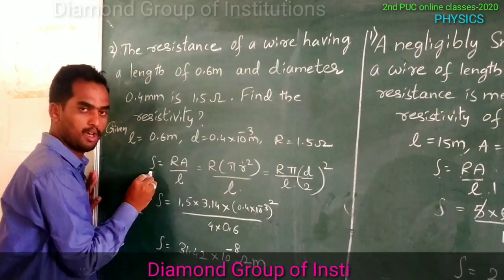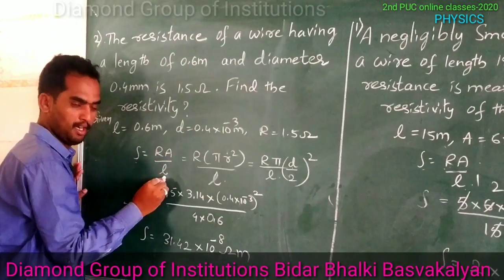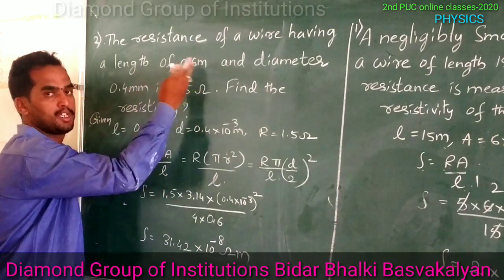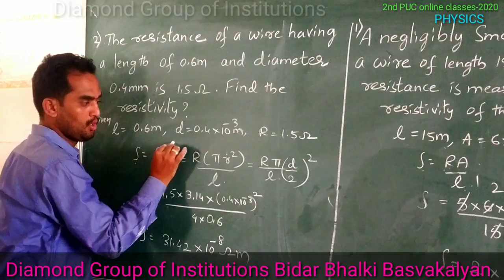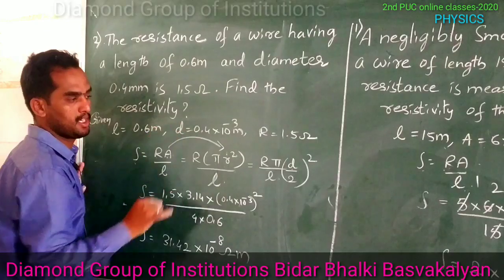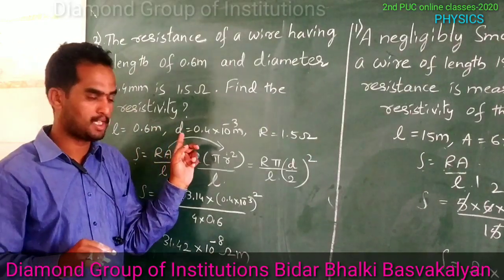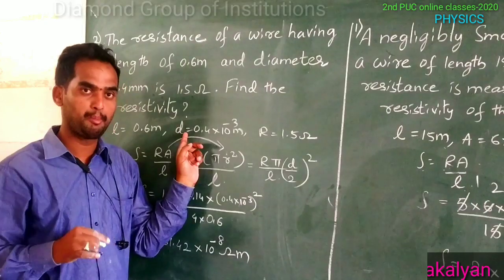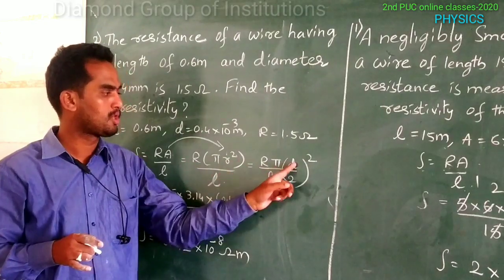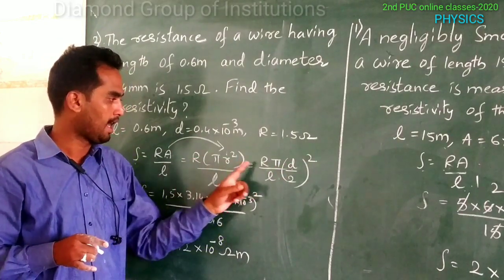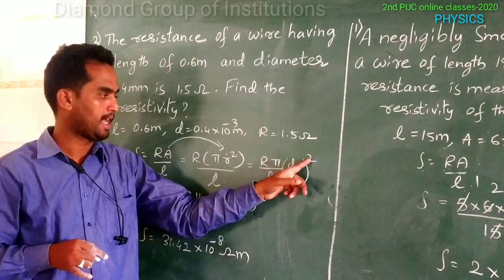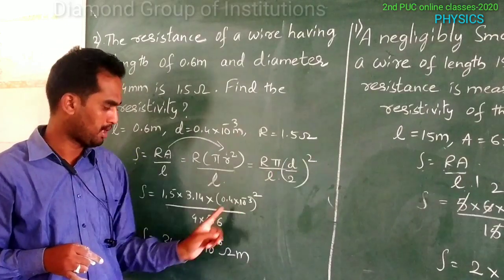So what is the resistivity formula? Rho equal to R into A by L. R and L values are given, but the area value is not mentioned. So the area of the wire we can write as pi r square. And again the radius value is not mentioned here. The value given is diameter. So we should convert the diameter into radius. What is the relation between radius and diameter? r equal to d by 2. So here R as it is, pi as it is, in place of small r, d by 2 whole square, length as it is. So 2 square becomes 4.